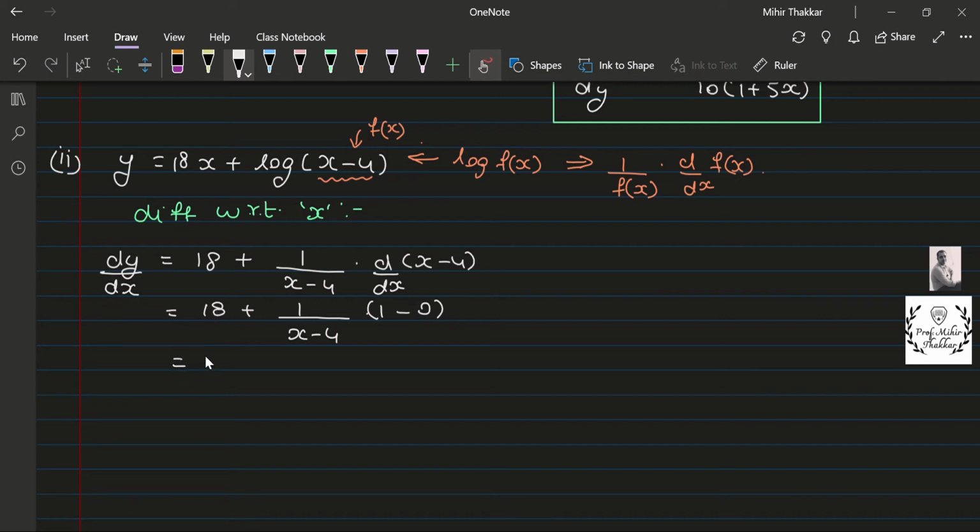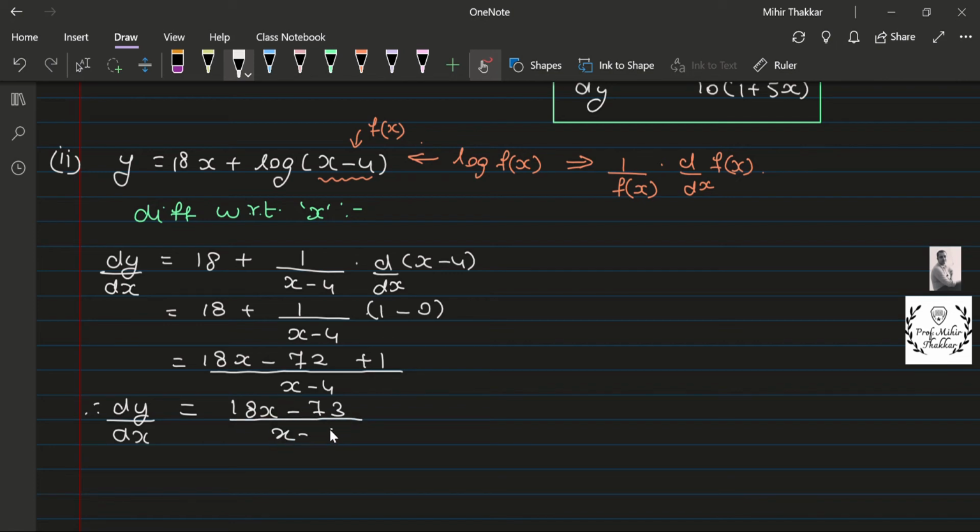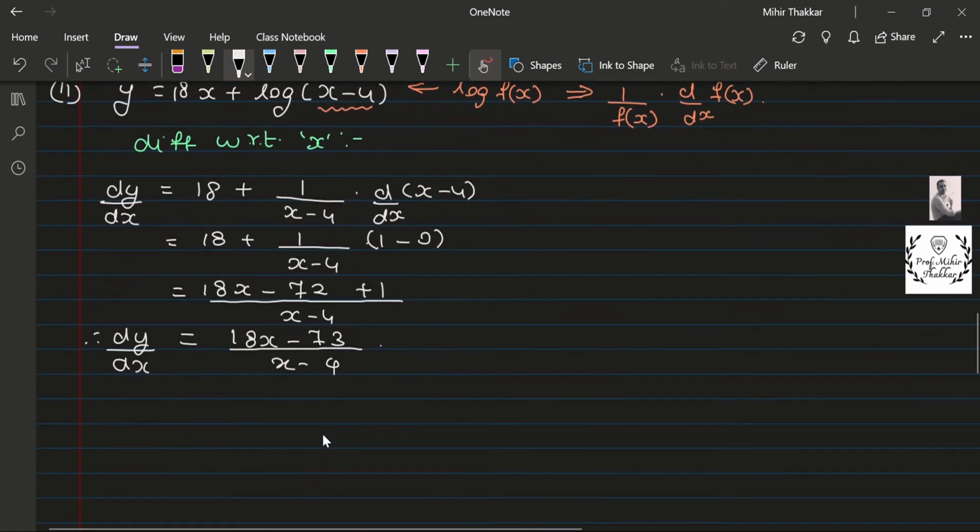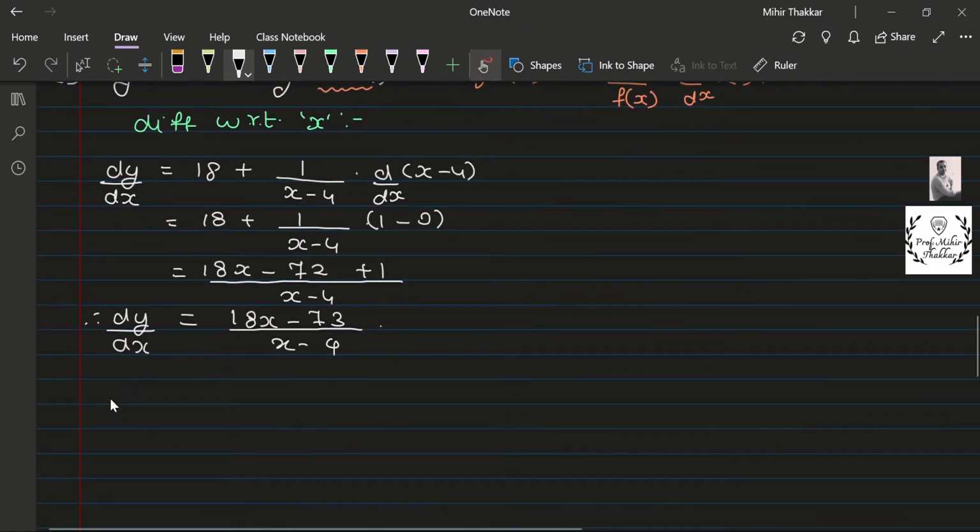Taking LCM, it becomes 18x minus 18 into 4, that will give you 72, plus 1, divided by x minus 4. So I get dy by dx is equal to 18x minus 73 upon x minus 4. Now as we all know that we are interested in the value of rate of change